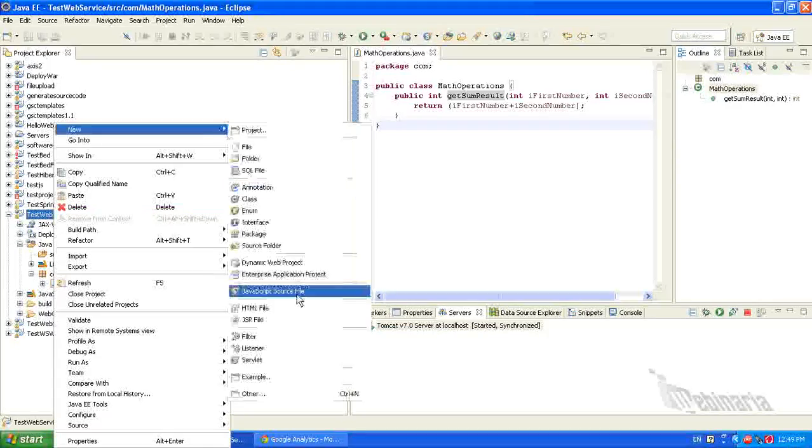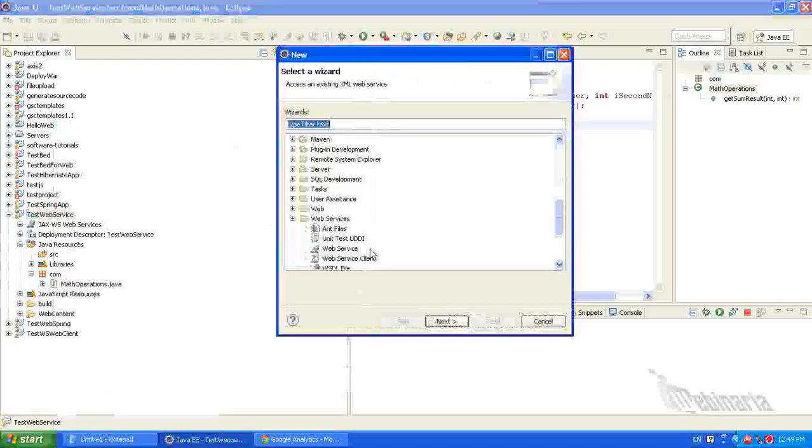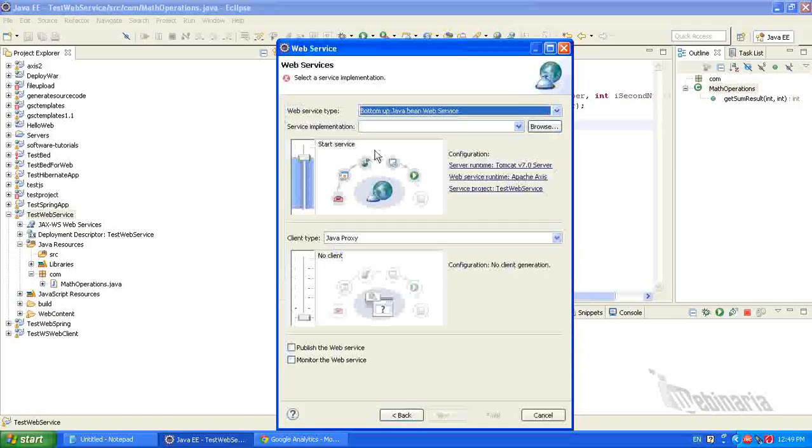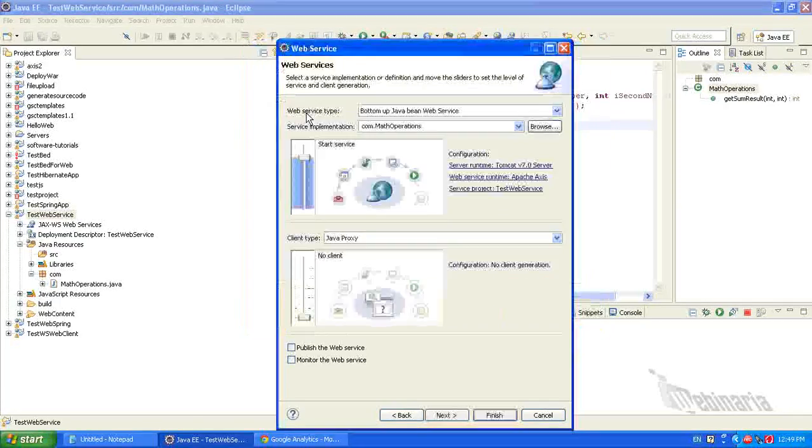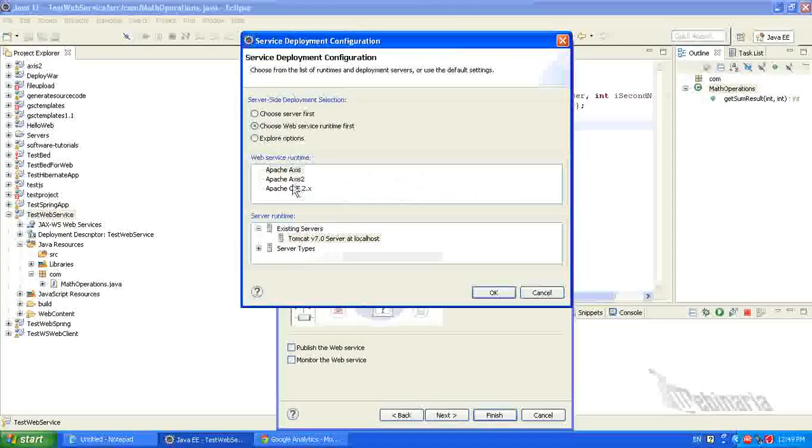So after this, select the project, right click, go to new, other, under web services, select web service. For the service implementation, click on browse, select the class. I am selecting Math Operations as the web service class.